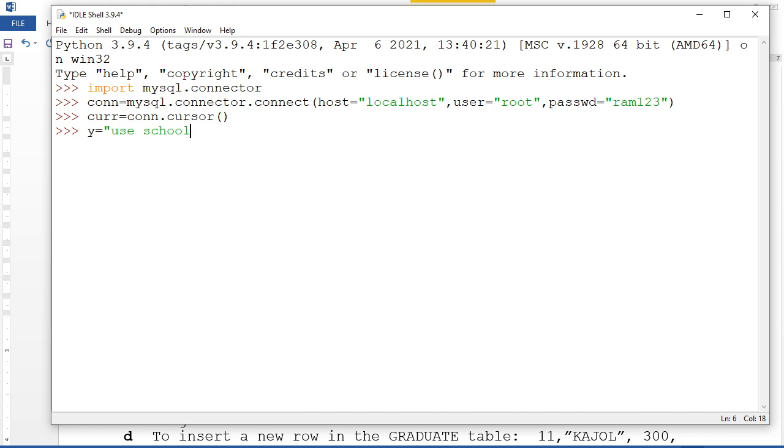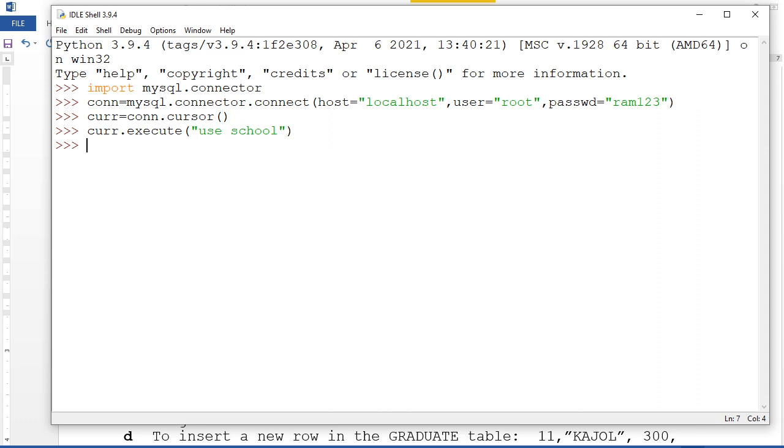But now with your expertise, why write it on a separate line? What I'm going to write here is cursor dot execute. Tell me which command to execute. Use school. School 1 or school is there? I think school, so is school; you have told we will do every practical in that. School or school 1, I told. Our last practical we did in school only, no? Yes, sir. Okay, so now that school database we have done here.